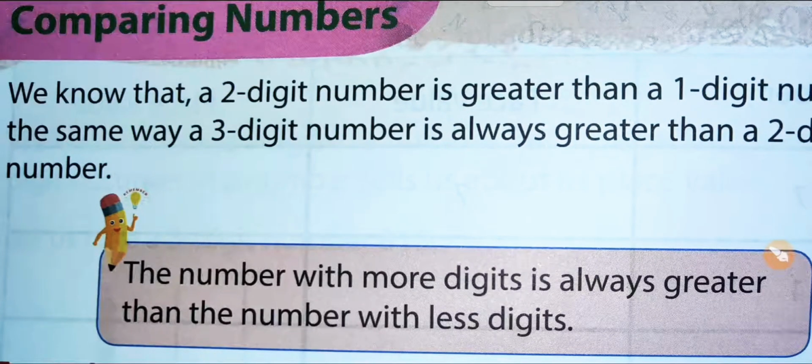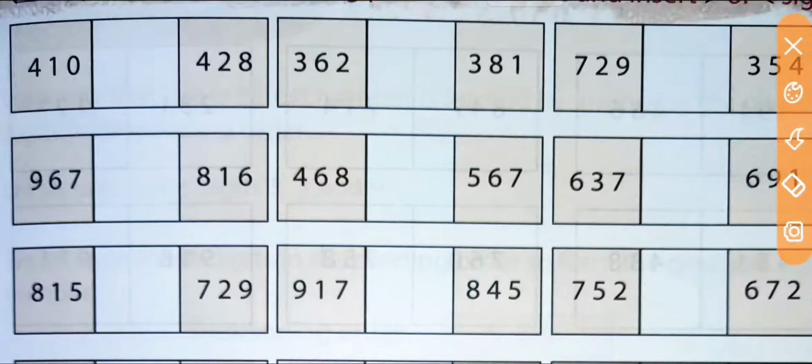So for any given numbers, to check which one is smaller and which one is greater, we have to check the first digit of the given numbers from the left side. If the digits are equal, then we have to check the next digit of the given numbers from the left side. If again these two are the same, then again we have to check the next digit from the left side. If again the given digits are equal, then again we have to proceed with the previous method. Now let us solve some questions.